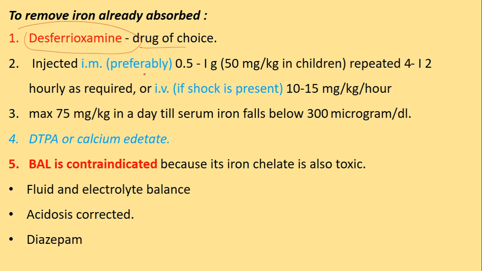It is injected IM, preferably 0.5 to 1 gram, repeated 4 to 12 hourly as required. Or if there is a shock, you can go for intravenous administration. So maximum you can give 75 milligram per kg in a day till the serum iron falls below 300 micrograms per dL. Alternatively, you can use DTPA or calcium edetate, but remember,